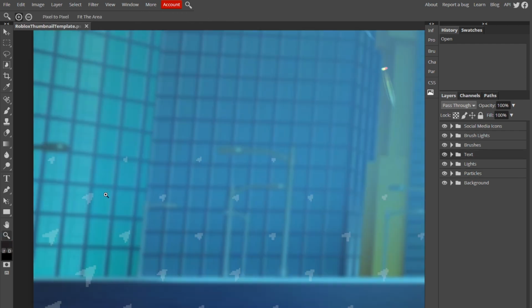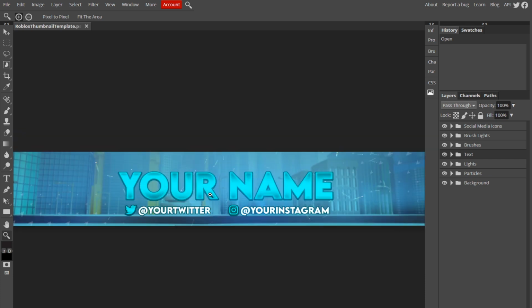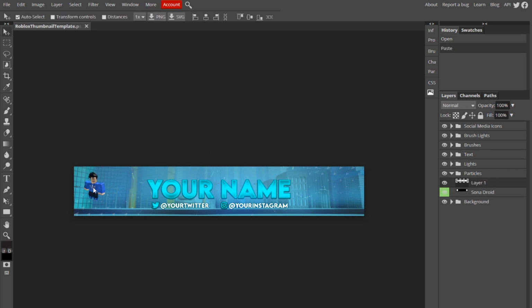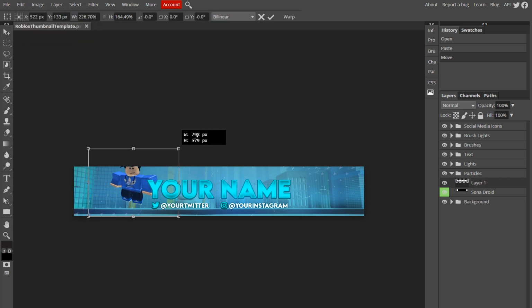It may not seem like it, but the background is actually from Roblox, and I'll show you how to add in your own custom Roblox character or whatever you want to do. I'm not going to show you exactly how to get your character on there, but basically if you take a picture of your character and you do all the lasso tooling, whatever you need to do to crop him out, you could just bring him in here. So say this is your character you got cropped out. You can make him bigger,